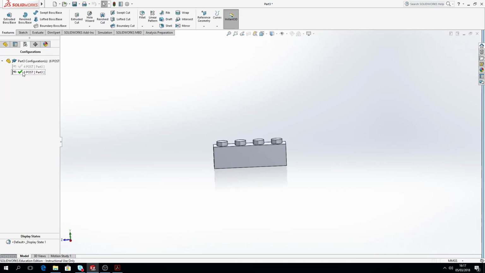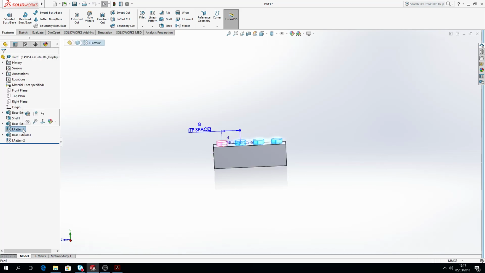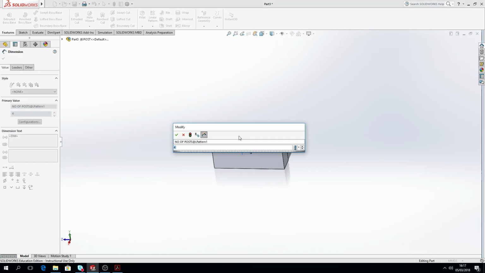Okay, and you'll see this is the active one because it's highlighted in green. If I go back to this, this is then the active one. So that means any changes I make will be made to this configuration. So I'll go back on my 6 posts, keep that active, and ultimately we need to change our linear spacing from 4 to go to 6. Now what's important is, when you go into this one, if we just double click on that dimension, we're going to type in 6 because 6 is the number of posts we want,